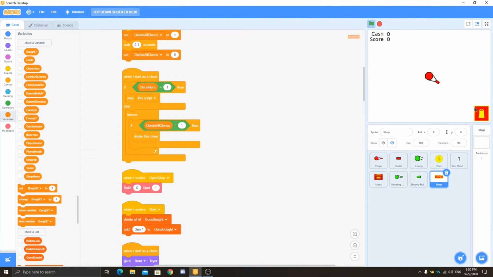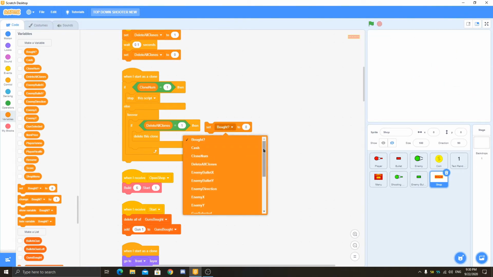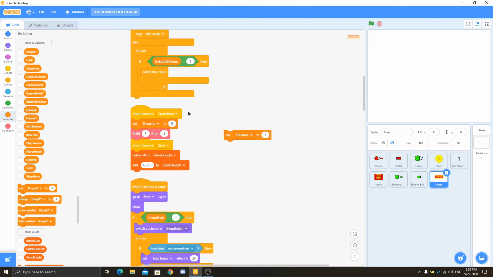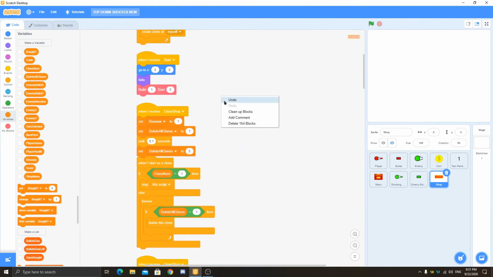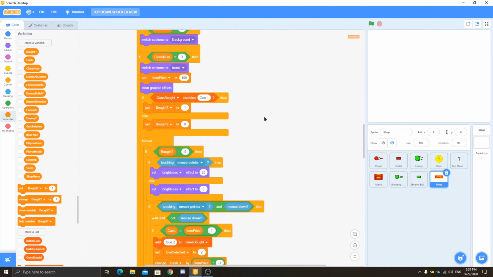And now you can see when I play shop, you can see we have these 3 buttons, but when I change these, this doesn't work. And here you can see the game is still resumed, so the enemies are coming and player can shoot. So you can just fix it by just putting a set resume to 0 when the shop is open, and resume to 1 when it is closed. So put this here when open shop, and this will be in the closed shop one. So we can just pause the game.